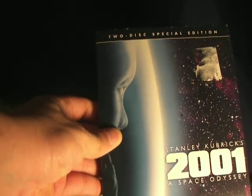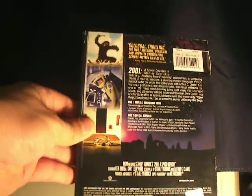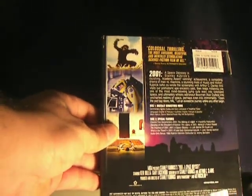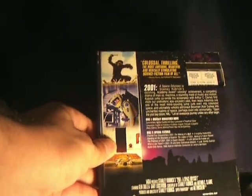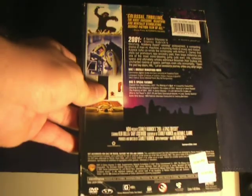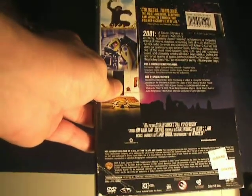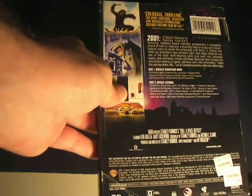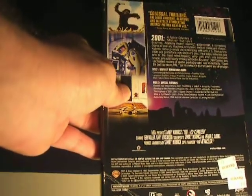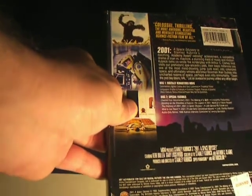There we go. Of Stanley Kubrick's 2001: A Space Odyssey. I thought this movie was really good. I've seen it on cable in high definition. Oh, there it goes. It's in a slipcase. And it looks really good for a movie from 1968. The 2nd disc does feature the making of the movie, which is called Making of the Myth. And that's pretty insightful. There are some more featurettes on here I have not watched,